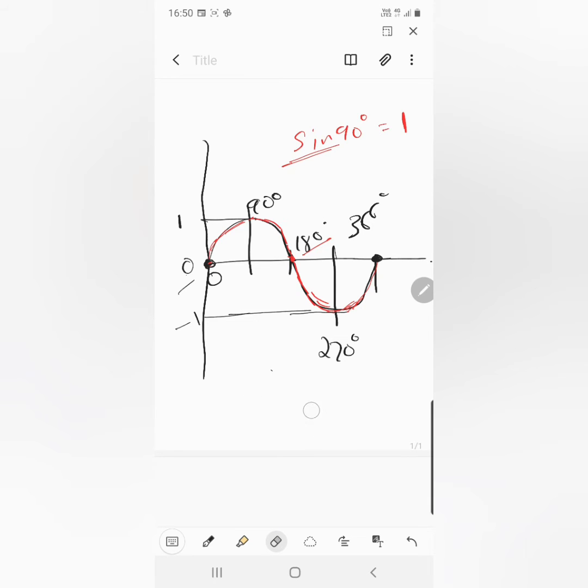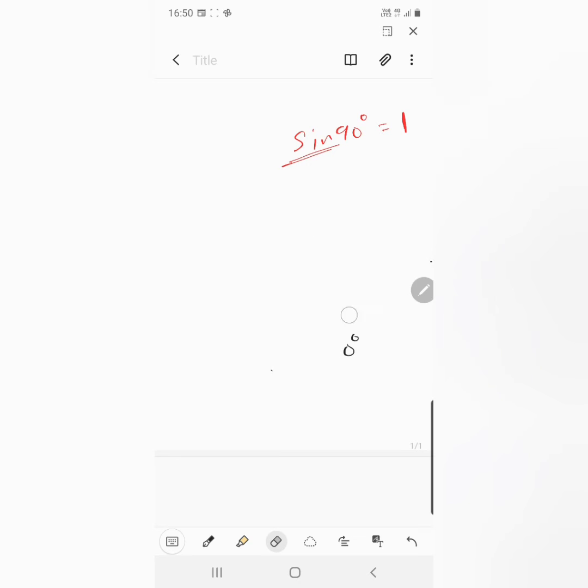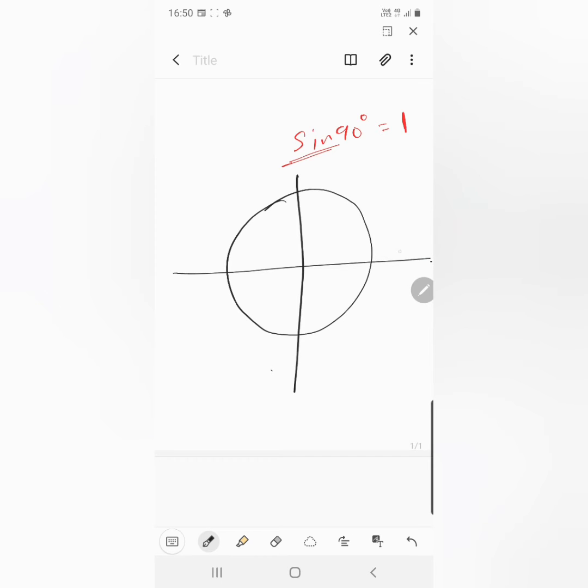We will think of the unit circle, which is, unit means 1 and circle is circle. The huge circle that has the y-axis and the x-axis, and start from 0 to 90 to 180 to, something is wrong, 270, and back to 0, which is 360 degrees. So on the unit circle you would have,